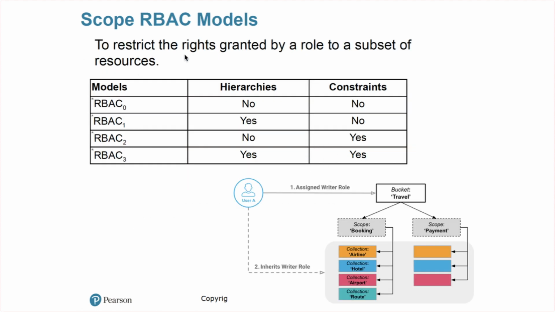So in this case, to restrict the rights granted by a role to a subset of the resources, we saw that in RBAC 0, no hierarchies, no constraints. The basic model RBAC 1 has just the hierarchies and no constraints. RBAC 2 has no hierarchies, just the constraints, which we saw on the previous slide. And then RBAC 3 is a combination of both the hierarchies and constraints. So for example, here we have